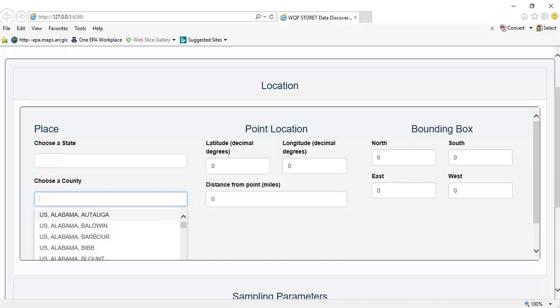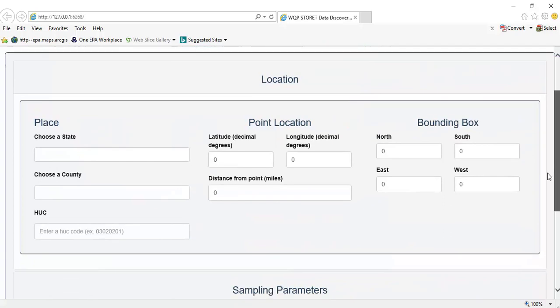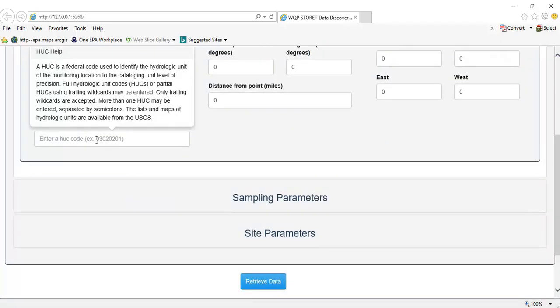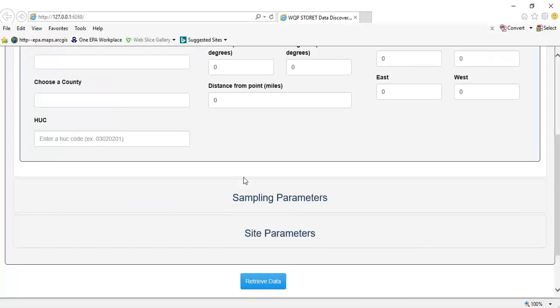You can also do a point location and a distance from the point, and or a bounding box, so a north, a south, and east and west bounding box to get an area for how you want that data to return, and or your HUCs in which your tribe sits in, so you can have the hydrologic unit code by returning the data that USGS might collect as well. And that's highly encouraged. For the use of this demo, I will not do that for simplicity purposes, but definitely